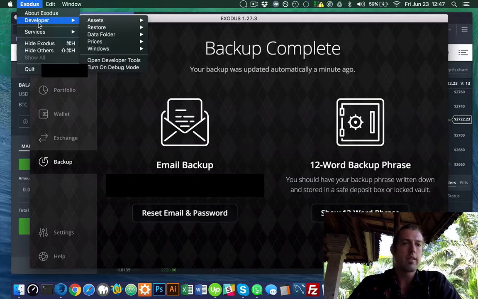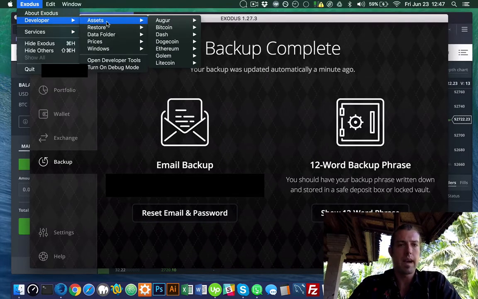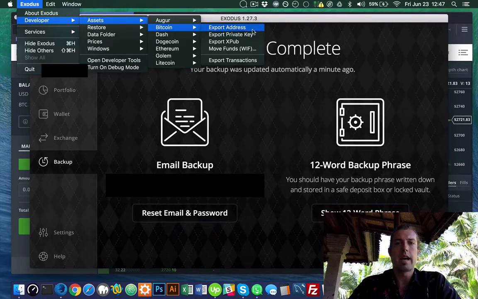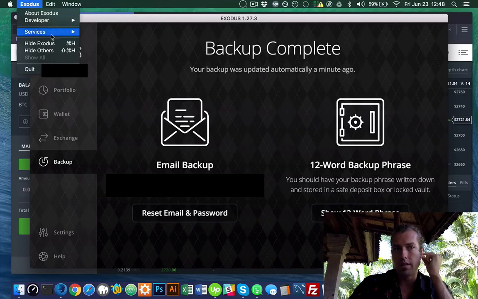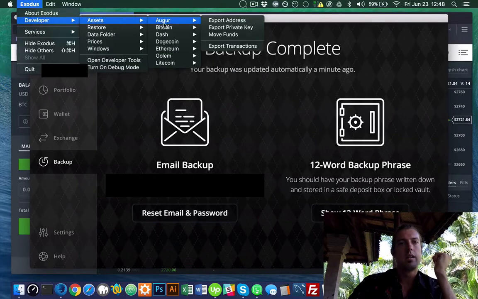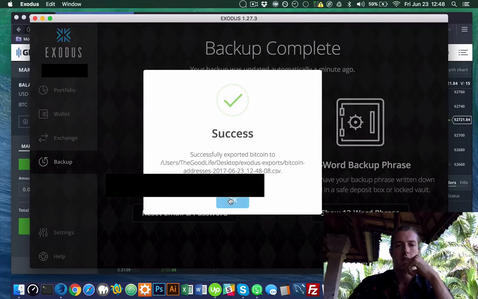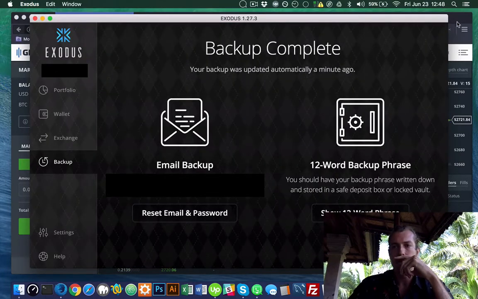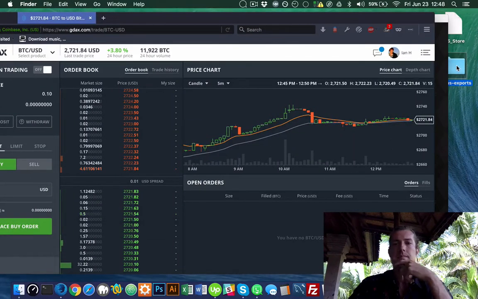And then what I also like to do is go to Exodus menu, developer, assets, Bitcoin, and then I export the address and private key into an Excel file. And then here, I'll show you how to do that. Export address. And so now I have this folder on my desktop,